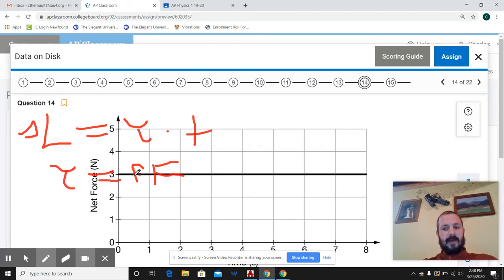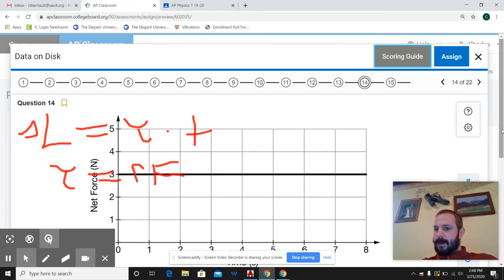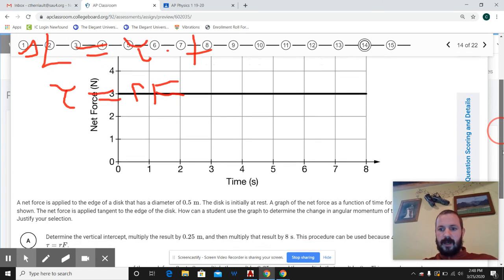So I need to take into account the radius and the force to give me torque. The force is 3. My radius is 0.25 times a time of 8 seconds. The area under the curve, except that I have to take into account what the radius was, because this is